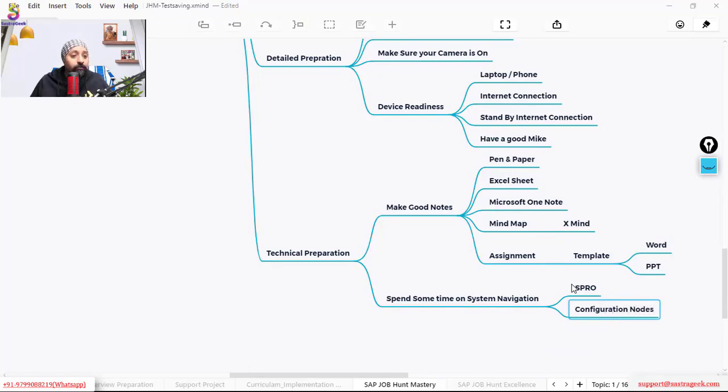Because sometimes people would be checking how good your hands-on is, whether you have really worked or not. They would be asking where you will do this configuration, where exactly you will go. Tell me the transaction code. Transaction code you might not be able to remember. But if you have spent some time in the SPRO, going into the configuration notes of your area,